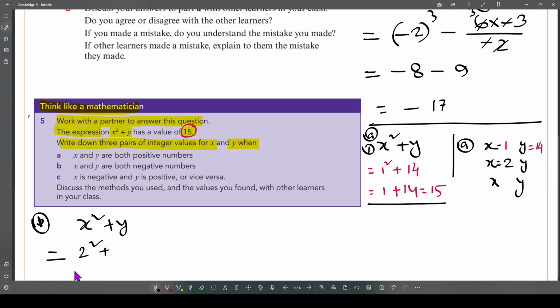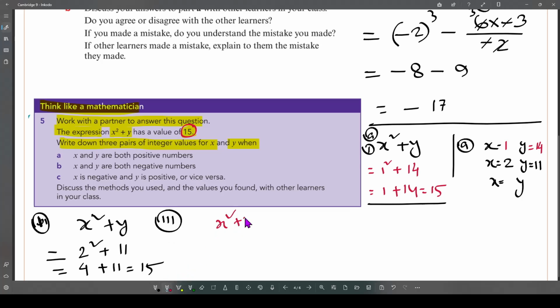So 2 square is 4. So we need 11, right? 4 plus 11 equals 15. So once x is 2, y becomes 11, right? So now this is number 2 of A, and 3